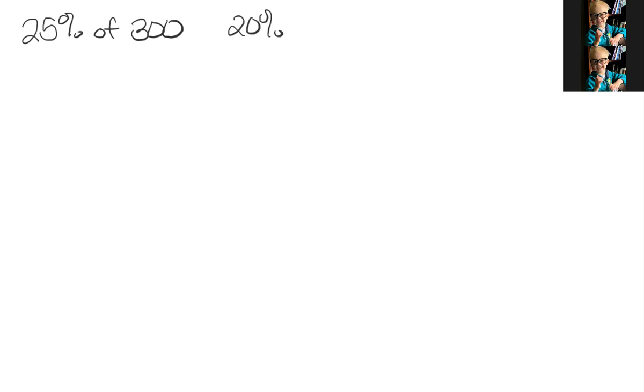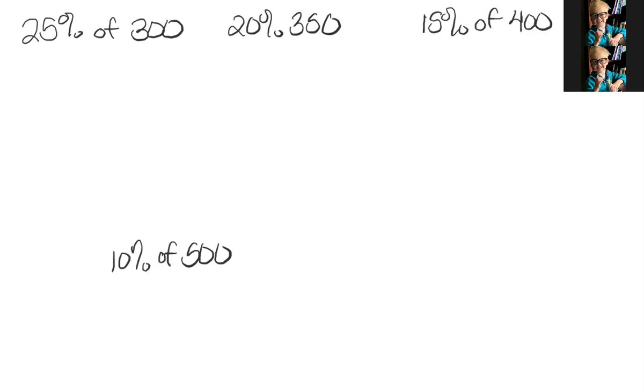So we had these options: 25% of 300, 20% of 350, 15% of 400, then 10% of 500, and lastly 5% of 2000. So what we want to see is that